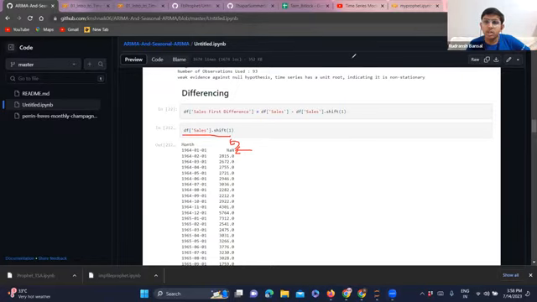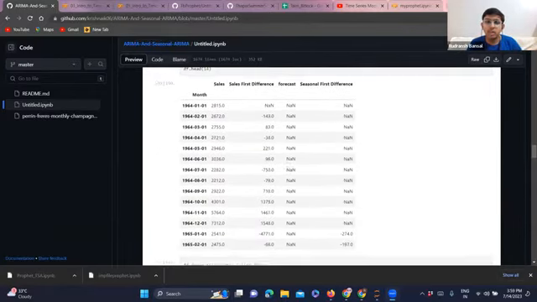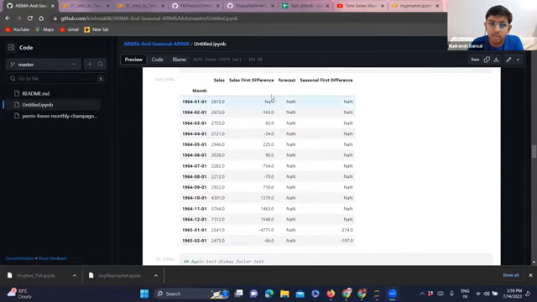Okay. And then we'll subtract these values from the original values. And what we get after subtraction is this sales first difference. So for this month, the first difference will be this value minus 143. When you subtract these two values, you get 83. You subtract these two values, you get minus 34, and so on.